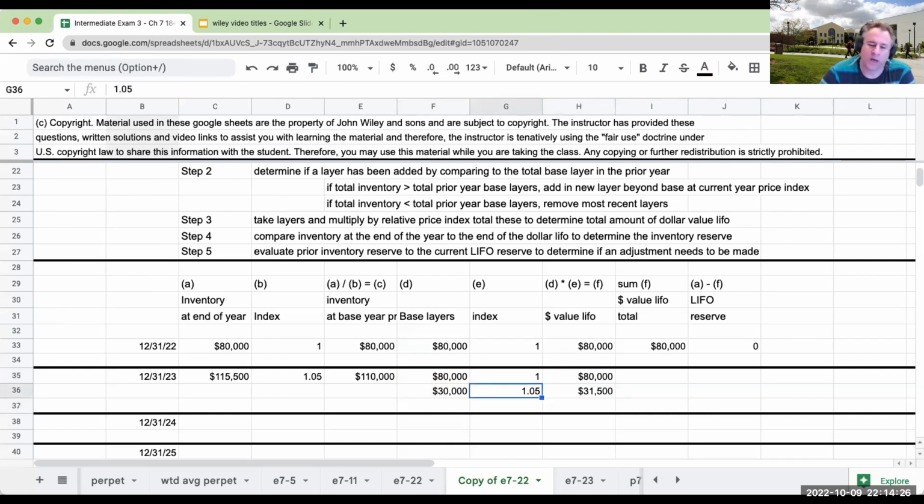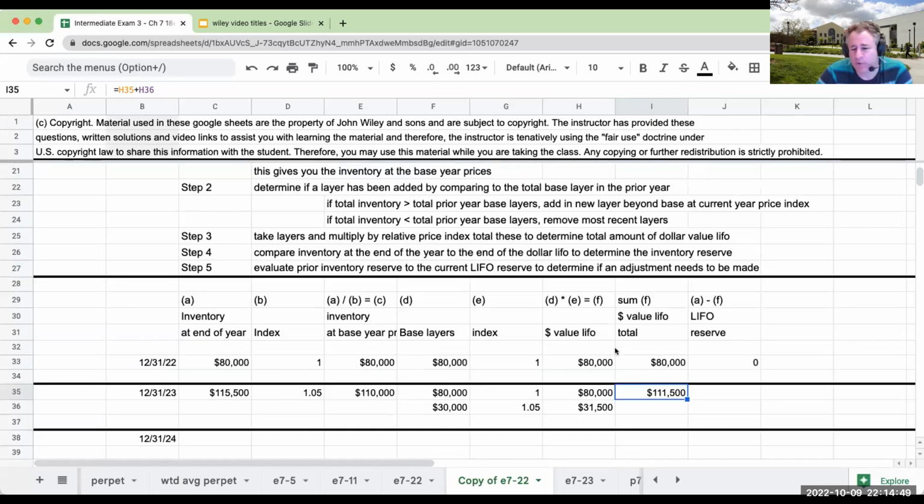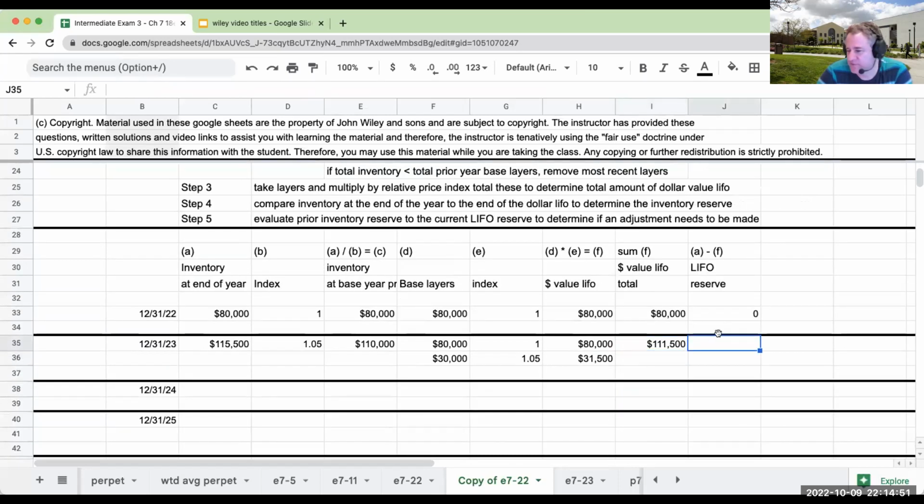Now, when I do this, my dollar value LIFO total is going to be 111,500. Under dollar value LIFO, this is how I have to record my ending inventory. Now, the question is only asking you to compute this, but we want to do more, because that's what we like to do. This is the value of my ending inventory under dollar value LIFO,